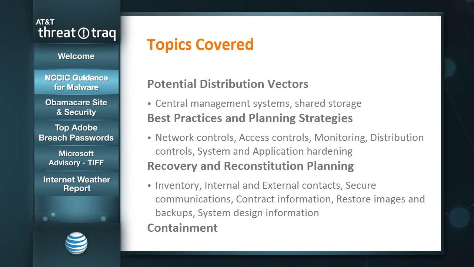First of all, they talk a little bit about potential distribution vectors, things that we might not be thinking about. Normally they operate as our friends and could be used against us if we're not careful. This is referring to things like central management systems, systems that are used for accessing desktop devices, for example, to provide software updates, antivirus updates, and other protection measures. Those also could be used if a malicious actor were able to get access to them, as a distribution vector for putting malware on endpoint systems, or perhaps telling them to run a script that might be